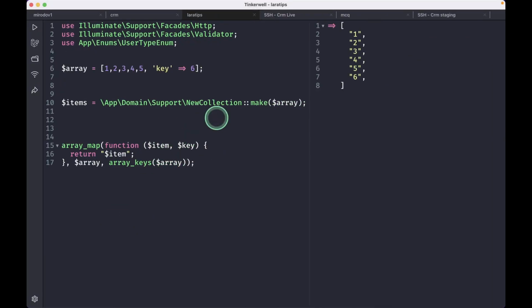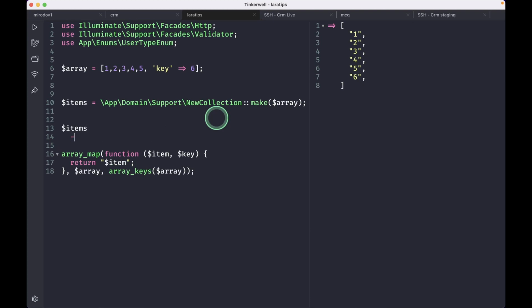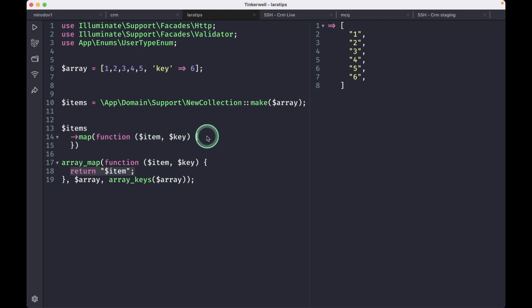So now let us use this over here. I'll just say here items, and we'll say map, and I'll pass function like this, and here item, key, and now we don't have to pass another parameter over here like this, and we don't have to remember whether the array is on the left side or on the right side, because on map the array is on the right side, and whenever we use array filter, then we have to put the array in the front. So that confusion will also go away whenever we are using it like this. And let me return item from here,